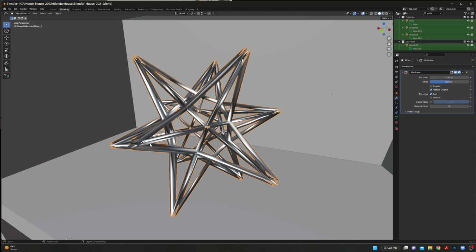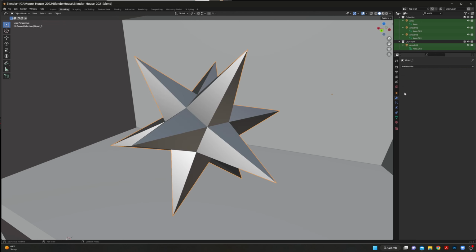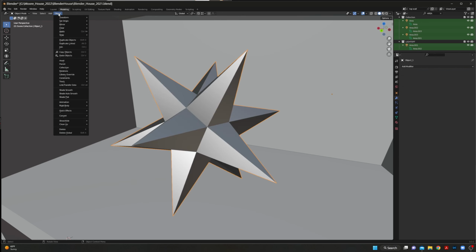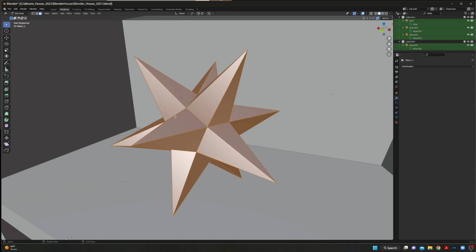All right. And exactly what I'm looking at here are these edges that are doubled here. Because basically what it's doing is it's looking at these edges and it's saying, okay, for every edge, I'm going to make a wireframe. So there are multiple edges on top of this thing. So basically what we need to do is we need to go to edit mode with everything selected, then go to mesh, clean up, and we go to